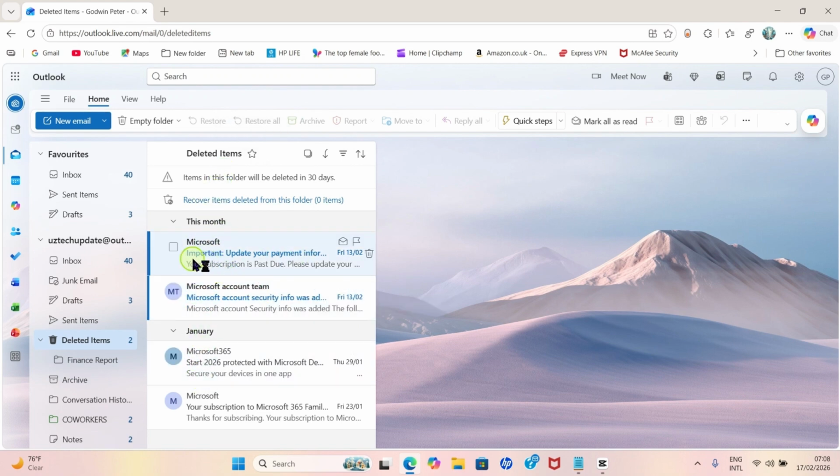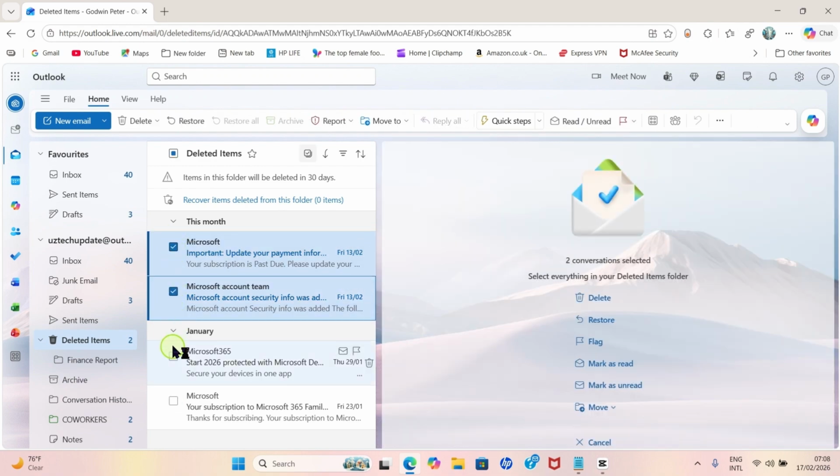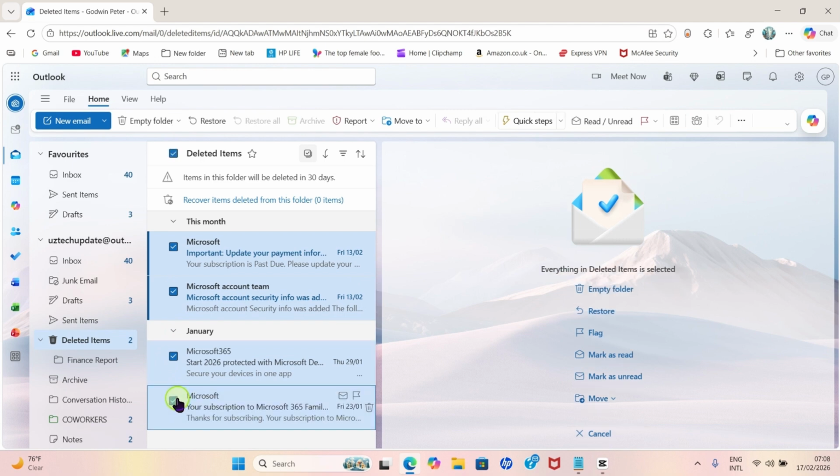So now you want to delete them permanently. You keep on checking those emails you want to delete permanently, and after that, you have to select the option that will allow you to delete them permanently. That option is here, which is empty folder. So click on that empty folder, which is here, or you click on this empty folder that is at the